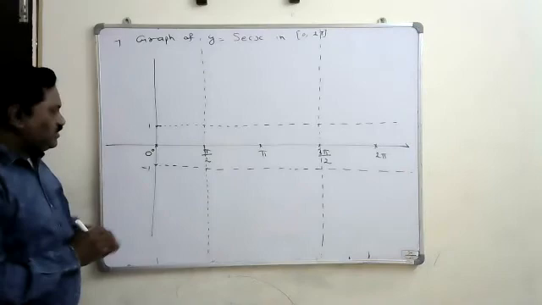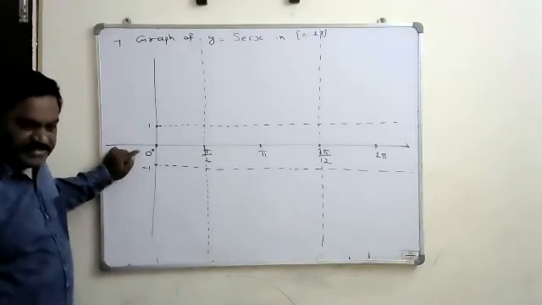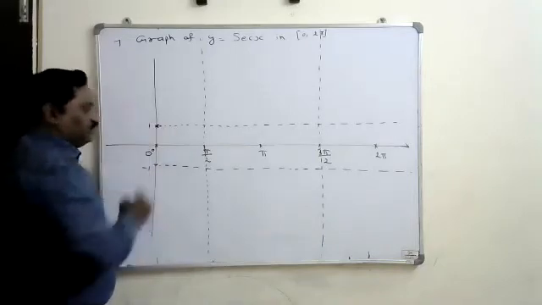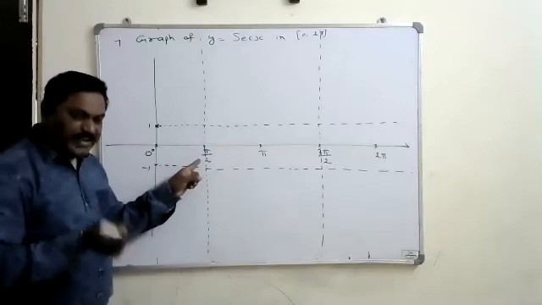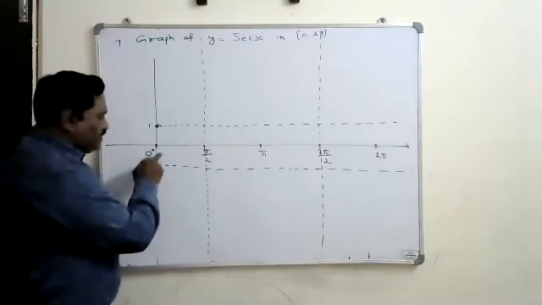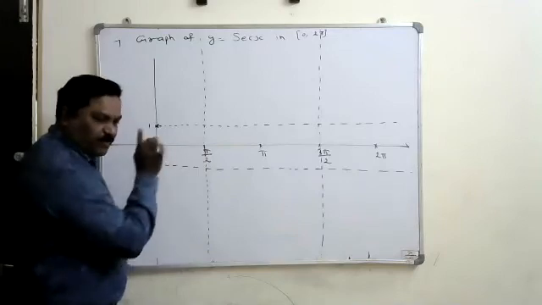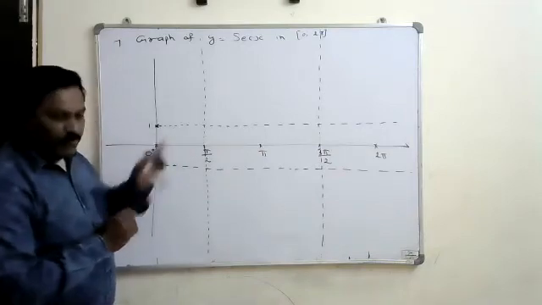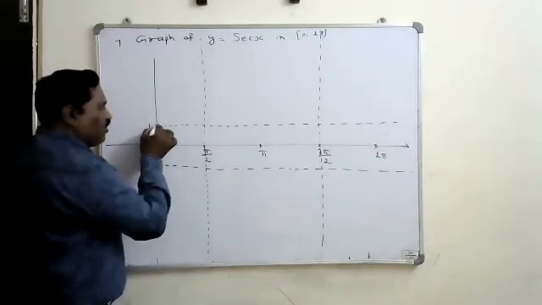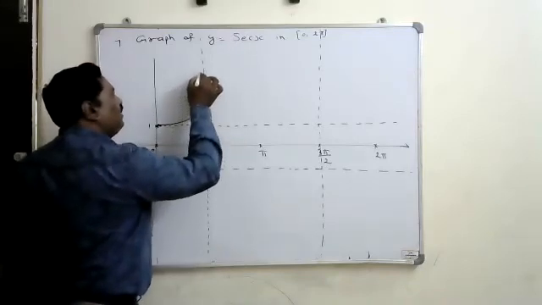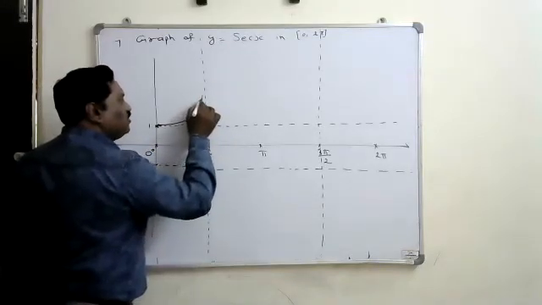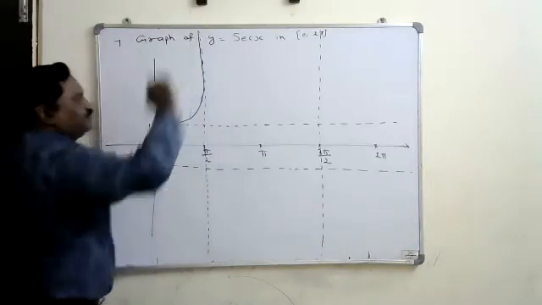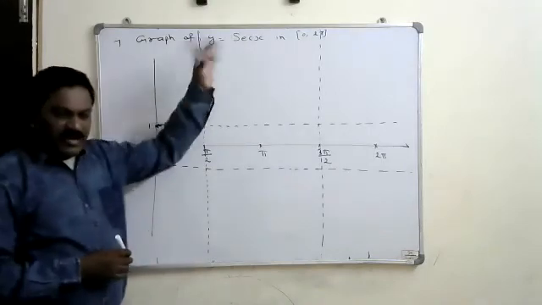Now if you draw the graph of this, when x is 0, secant 0 is 1, means it starts from 1. When x is pi by 2, secant pi by 2 is not defined, but between 0 to pi by 2, all these are the angles of the first quadrant, secant is positive. Means to start from the 1, from there it increases and reaches the infinity when x equal to pi by 2. Means it goes along this line. It never meets this line. It is going to meet at the infinity only. So that goes along that line.